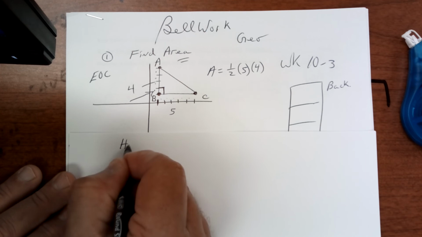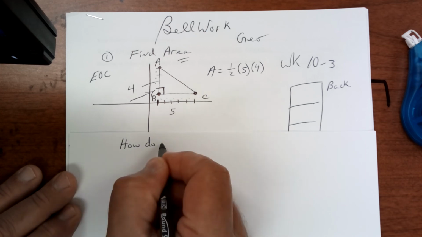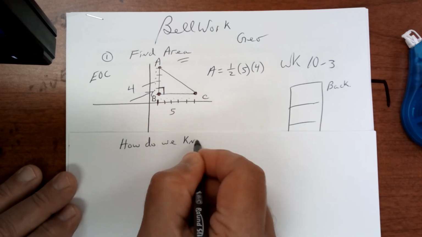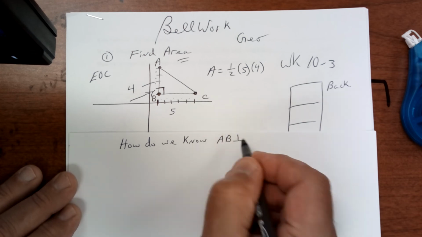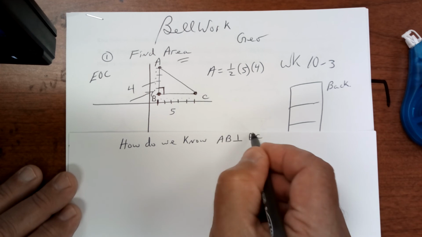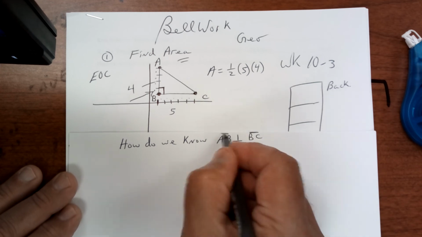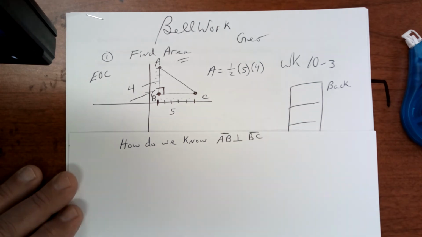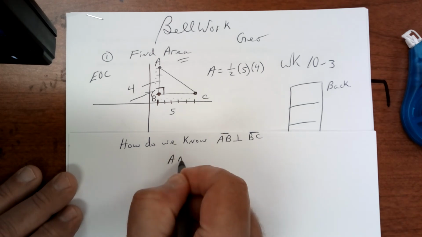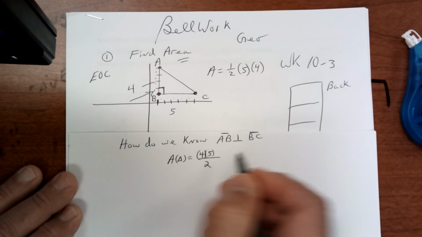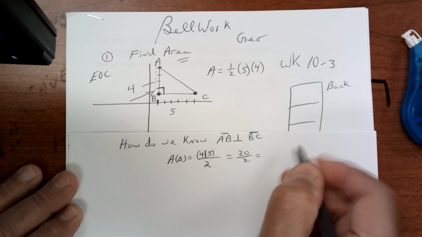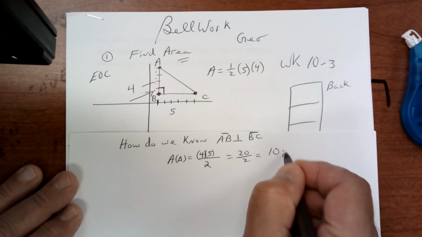How do we know that AB is perpendicular to BC? Write down a little sentence on that right now. Okay, well, the formula for area of a triangle, and you need to memorize this, is base times height, and it doesn't matter which one you put first, divided by 2. So that's going to be 20 divided by 2, so that's going to be 10 square